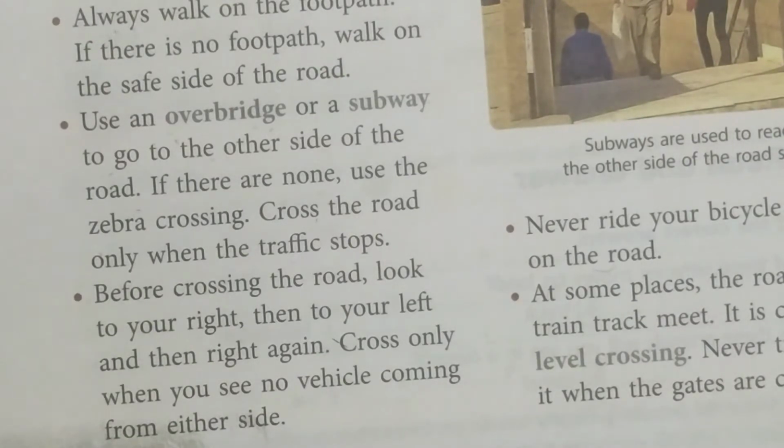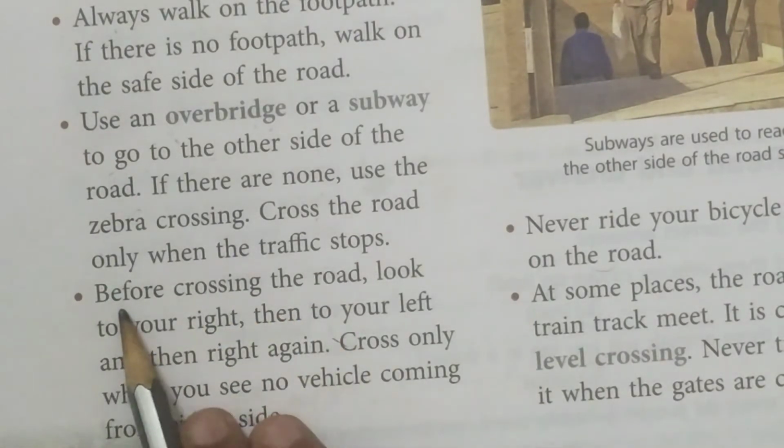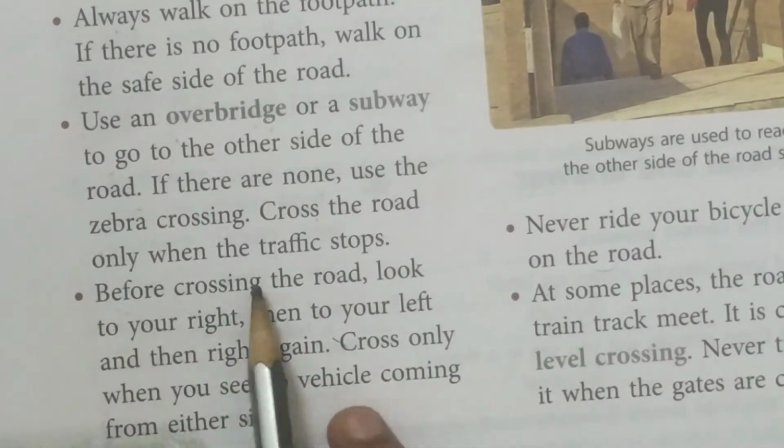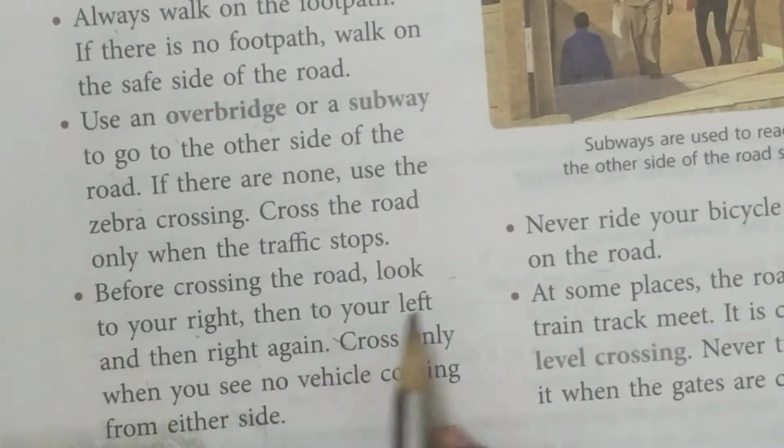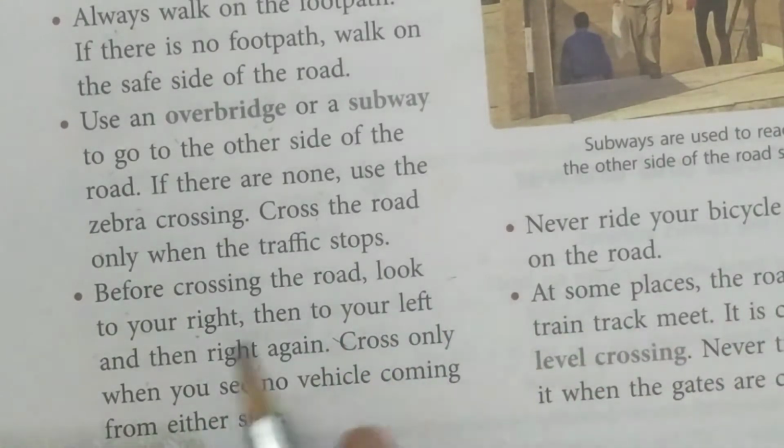Okay, just recall what are the different colors in the signals. Can you recall it? Yes. How many colors? 3 colors in the traffic signal, isn't it? Yes. Namely, what are they? Green, yellow, and red, isn't it? Yes. What did each of them mean? Green means go, yellow means get ready, and red means stop, isn't it? Yes. Okay, you have to follow the traffic signals. And before crossing the road, look to your right, then to your left, and then right again. You have to see on both the sides and then cross the road.